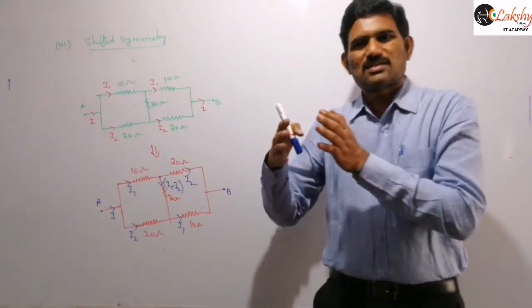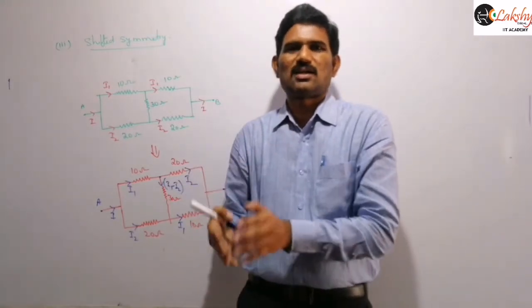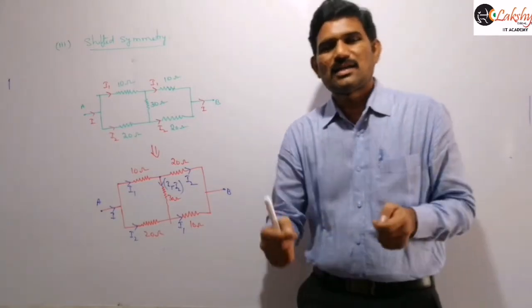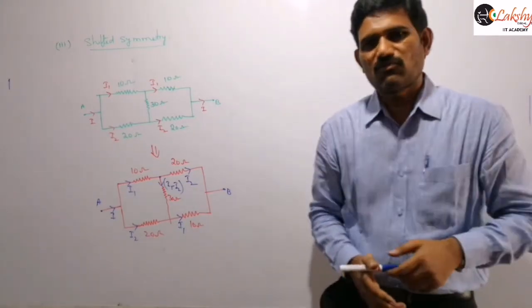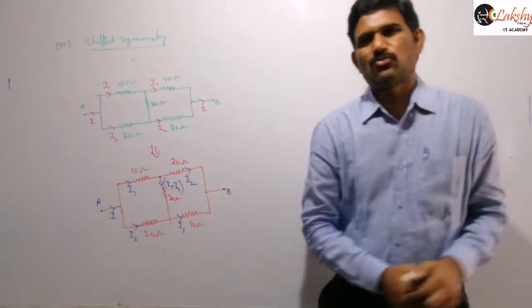When the circuit is the same at the junction where the current is entering and at the junction where the current is leaving, in the identical paths the same amount of current will flow. That means the same amount will enter, and at the same time the same amount of current will leave the circuit.